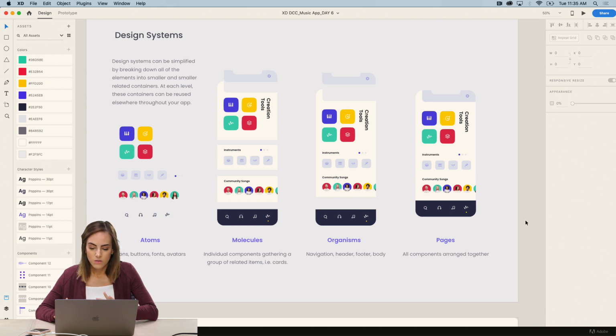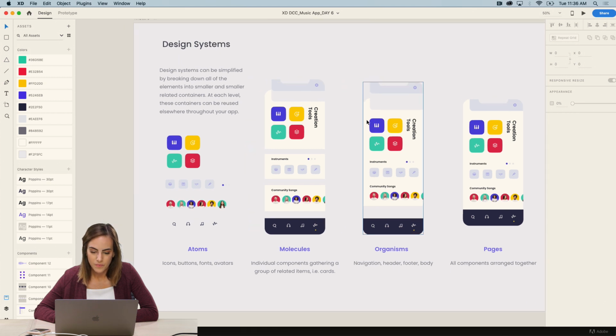And then real quick, I don't think I went into this previously. Design systems can be broken down into smaller and smaller elements. For instance, here we've got our pages, which are all of our components arranged together. This explains how each of these elements at certain levels can be reused in all of those containers. From pages, we can break that down into our navigation, our header and footer, and our body. From that, we can break it down even further into molecules, gathering each of those components into related items. So here we've got our cards, the instruments, community songs, and even further, our atoms. At each of these levels, we can start to reuse those throughout each of our